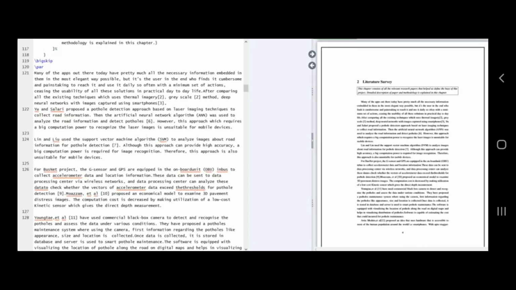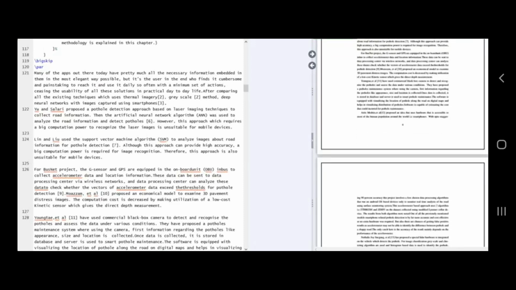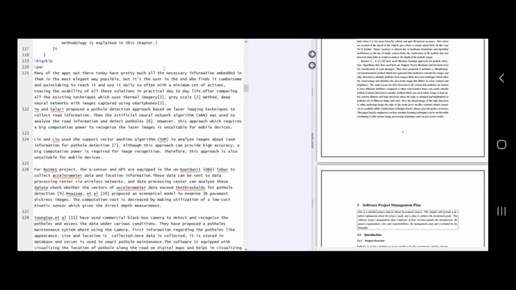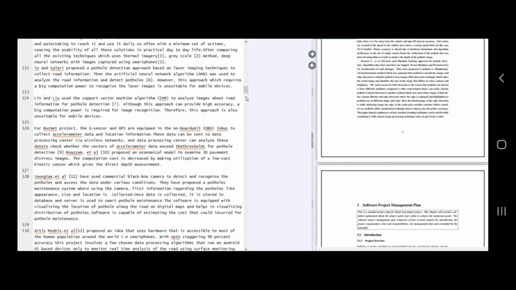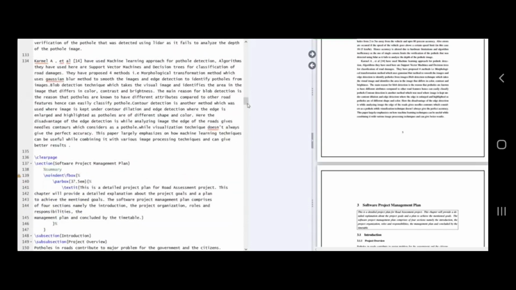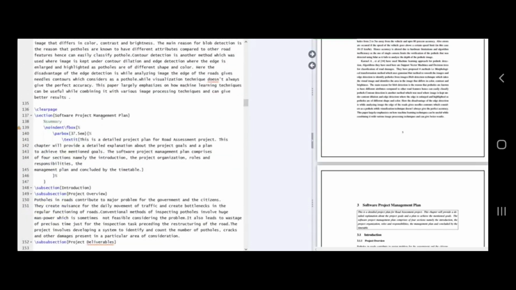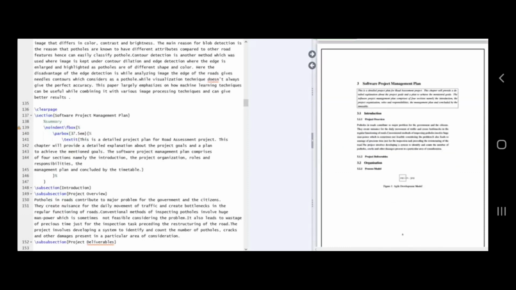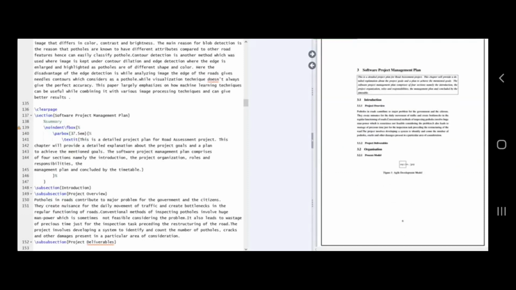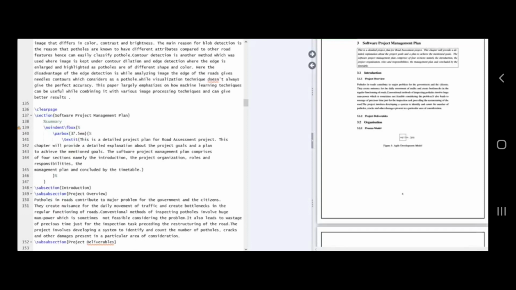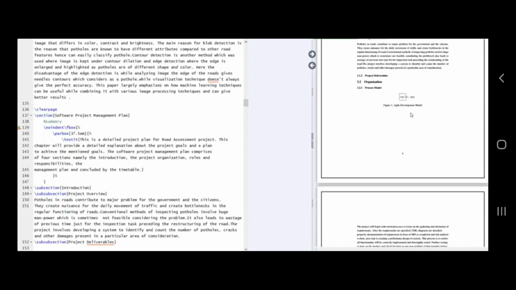So we have started with the literature survey. Now we have completed the first chapter, and now we move to the literature survey. Again, we have to do the same thing, make that box and write about the survey, and then we can move ahead to the third chapter. In the literature survey we have to put the survey of which papers you have followed and what kind of content they have. I will share a document for this with you, so we will understand what type of content you have to put. Now I am just focusing on how to make that structure.